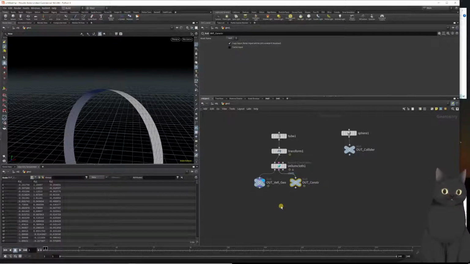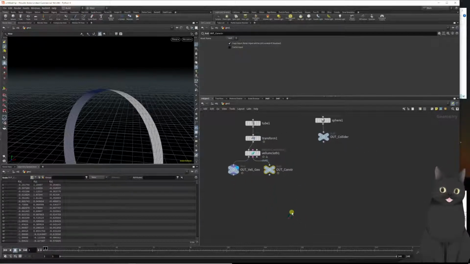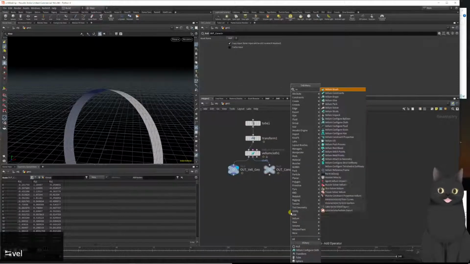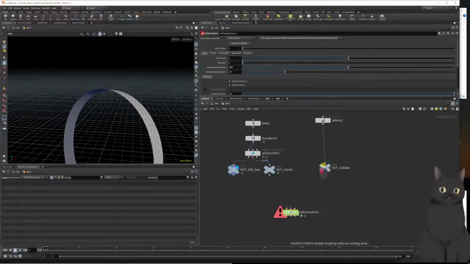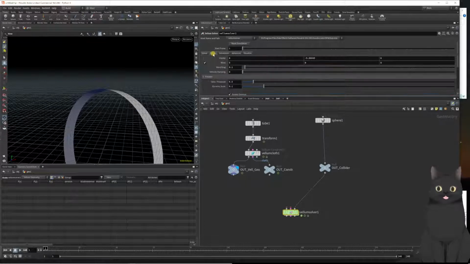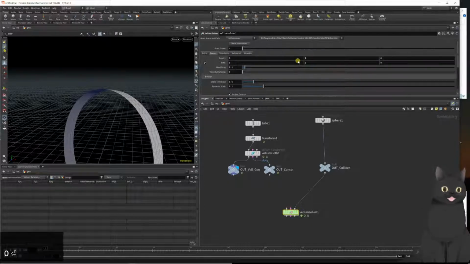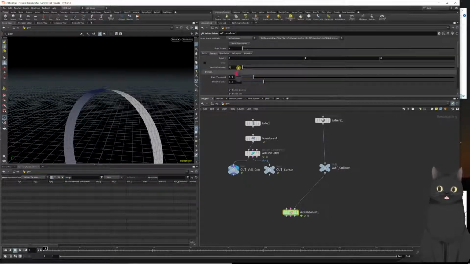this. Okay, time to drop down our vellum solver. In this case, I don't want to wire up the vellum geometry and the constraints directly. However, I want to wire up the colliders directly, so collider goes into the last slot in here in the vellum solver. And before I do anything to the solver or in the solver, let's just go to the Forces tab here and disable gravity by setting this value to 0 and then unchecking wind and also increasing the velocity damping to 1. Alright, now let's